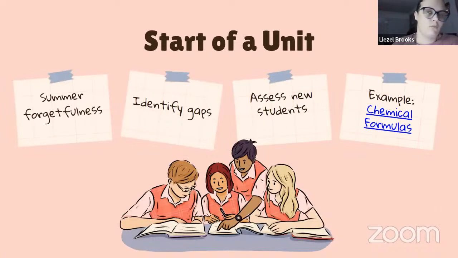We all know whatever they learned last year disappears over summer. Like it diffuses out of their brains. They look at you like they've never heard this before. So I often, before I start a unit, will tell them, just go through this deck of Boom Cards again, check that you still remember what we talked about last year or in the previous unit. And that's also a very good way for me to identify gaps. Are there certain bits I need to reteach, or are we good to just carry on?